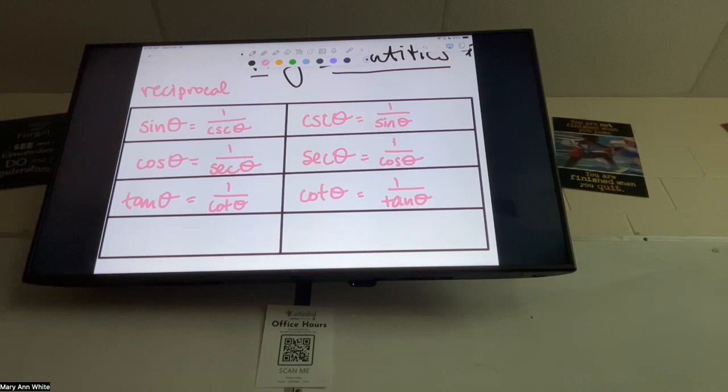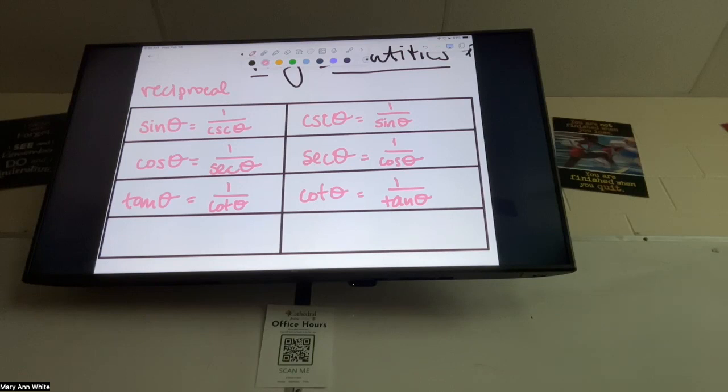Now you might be like, cool, Miss White, we got it. I know what all 6 of those are. We've seen all of those. We've had them match up before. Why is there an extra line? Okay. One trick I'm going to ask you to do a lot when we're doing our simplifying and our verifying, which we haven't done yet. So you're probably like, I have no idea what's happening. That's okay. One thing I'm going to ask you often is how do we put everything in terms of just